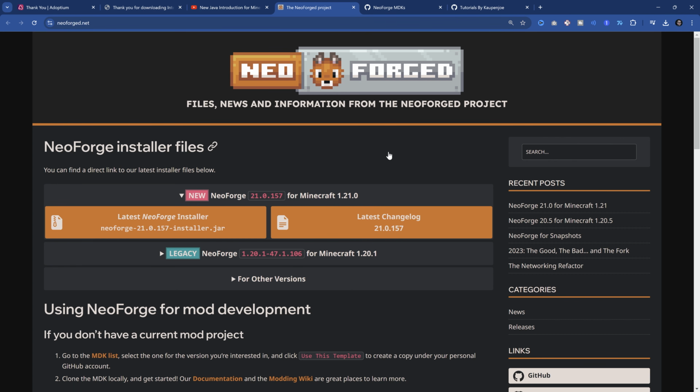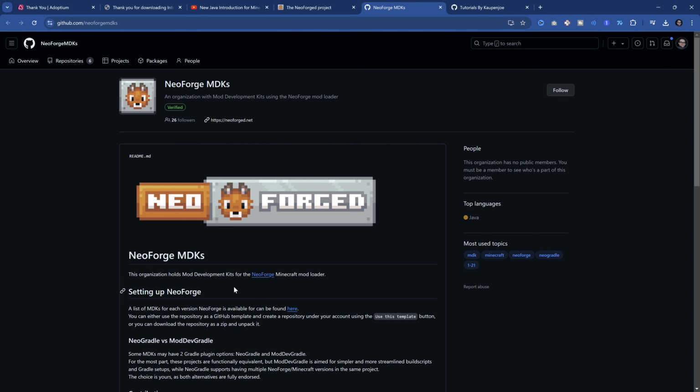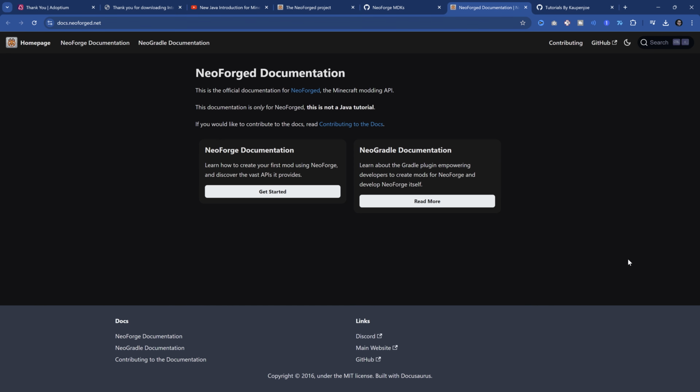Oh yes, absolutely amazing. This is pretty freaking cool, right? First time we're using Neo4j on the channel, and it is going to be absolutely fantastic. Now, there are two things that are quite interesting for Neo4j. Number one is the MDK list. That is actually what we wanted to open up over here. This is on GitHub. And the second thing is the documentation.